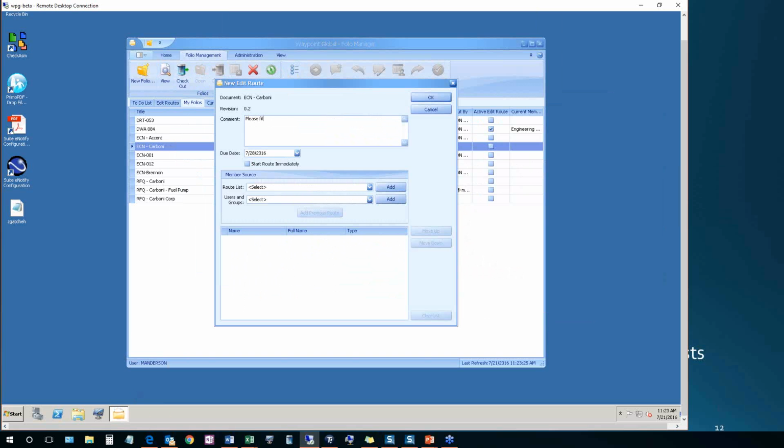So I will say, please fill in the documents for your respective department. Due date is this week. I will start the route immediately. You can pre-make the route and then set it out whenever you want, but I'm just going to get it over with. So for the route list,